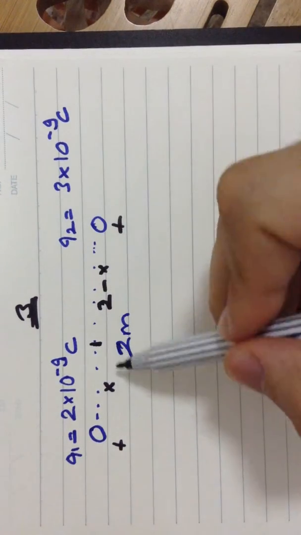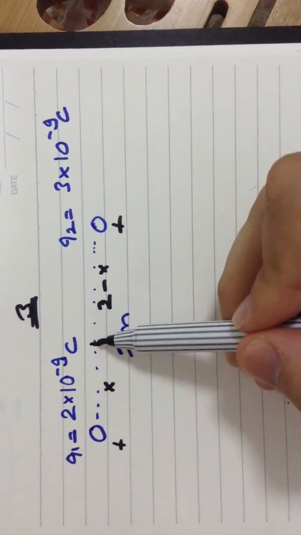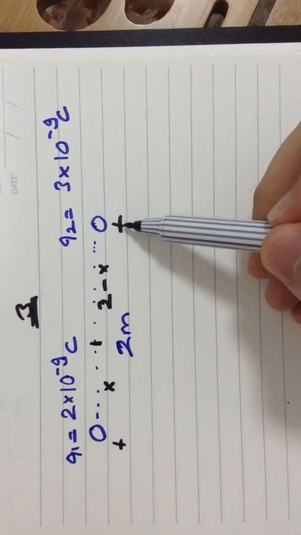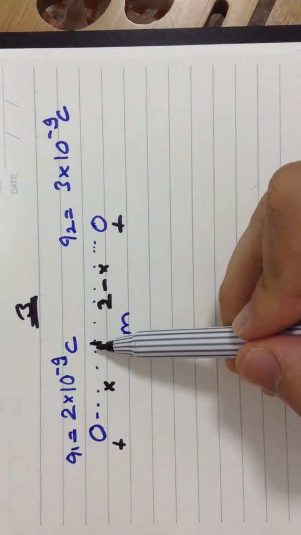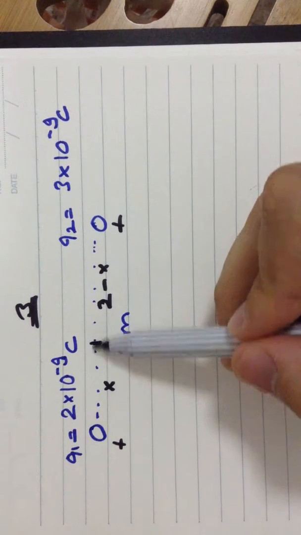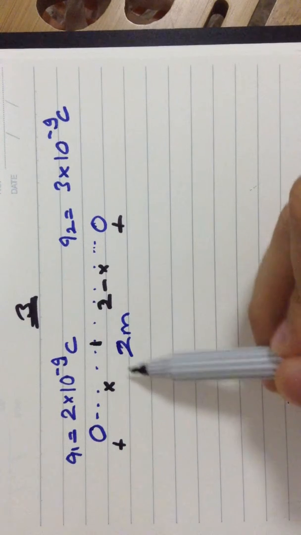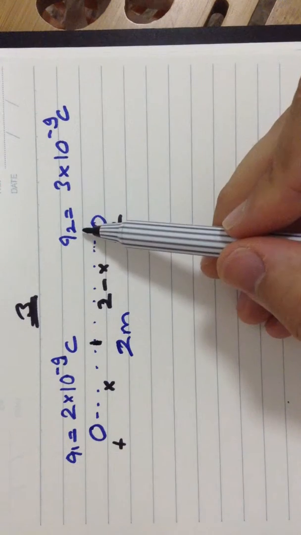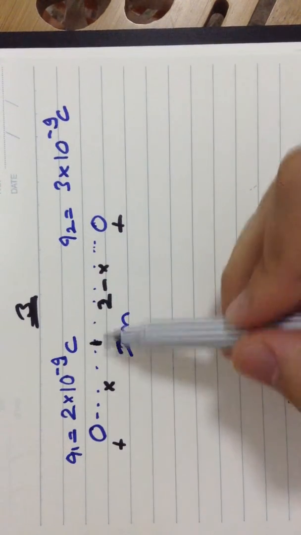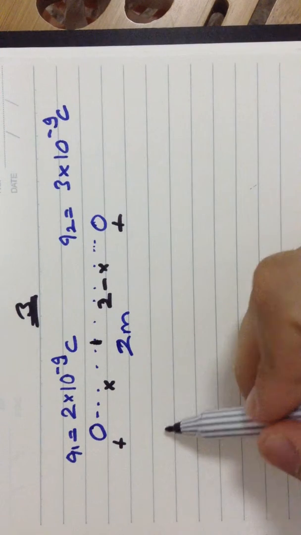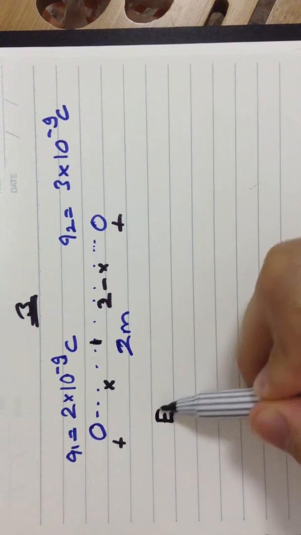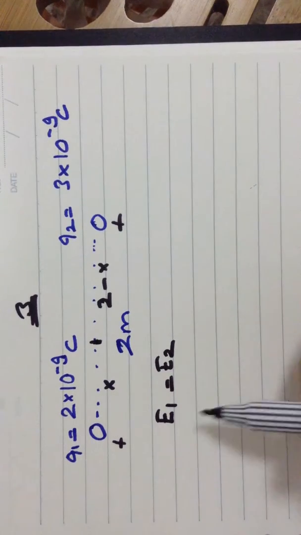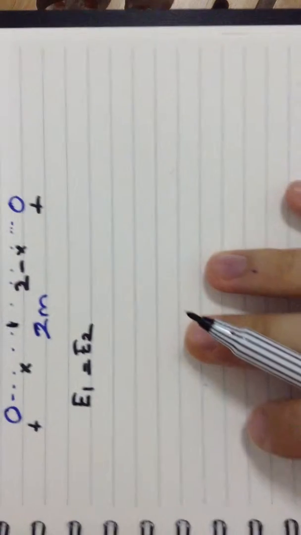And you may ask, teacher, how can we be sure that the point is between the charges? I can be sure because both of them are positive charges. So between them, the electrical fields point in opposite directions, and then it can be 0. So at this point, the electrical fields of Q1 and Q2 must be equal to each other, so that they cancel the effect of each other. So I will write E1 must be equal to electrical field 2,